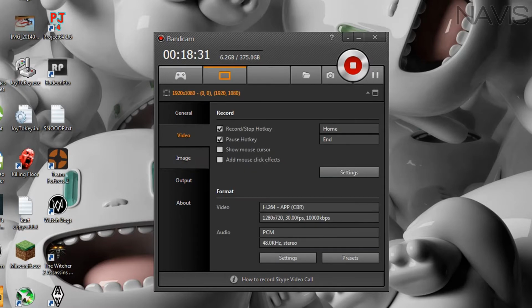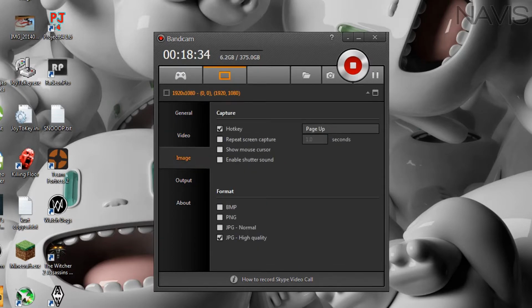Click cancel. Image. Basically, as it says, it's image, but you can just adjust a few more settings. For example, hotkey, the key with which you take the screen cap, basically the same thing as print screen, it's just more customizable. Repeat screen capture, like if you create a stop motion, like every 1 second a screenshot will be taken. Show mouse cursor, the same thing you saw before, but this time it's activated only when you take a screenshot. Enable shutter sound, you'll hear a